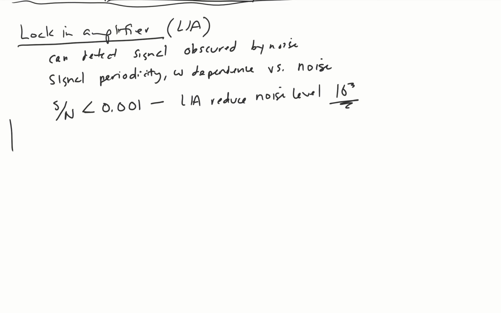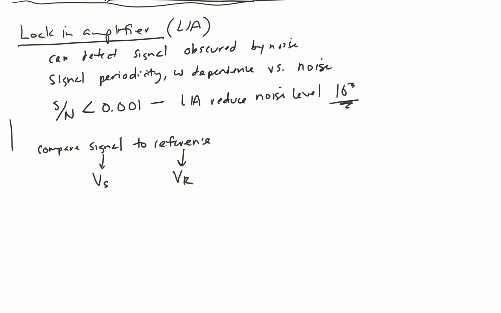And lock-in amplifiers you guys will be using in junior and senior lab as well. They're used in spectroscopy, electronics, lots of different types of equipment. So the way this lock-in amplifier works is it's going to compare your signal to a reference. So you're going to feed in your signal, which is going to be Vs, and your reference, which is going to be Vr.